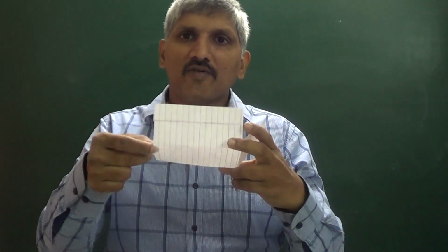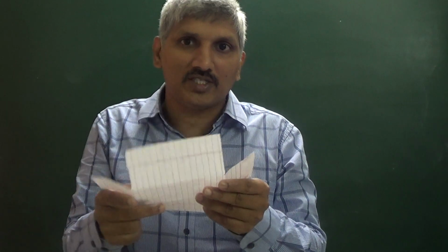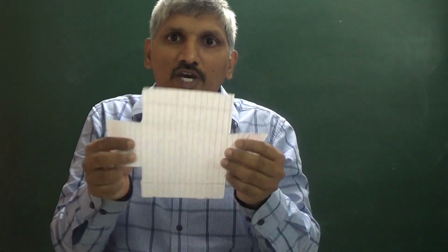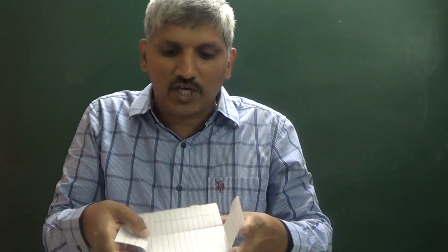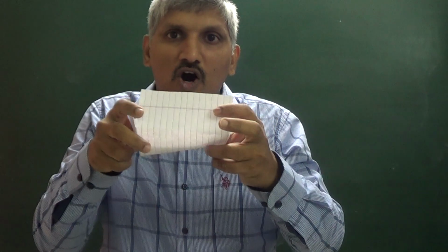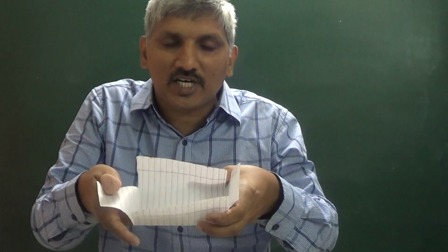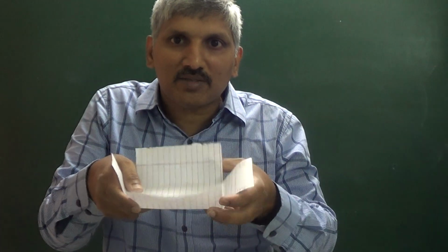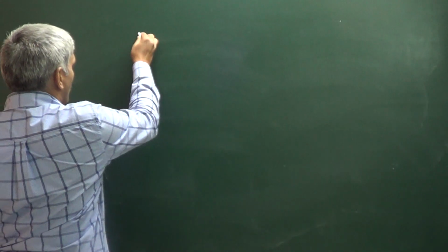So total, because this is an 18 centimeters square piece, it is made into this, and this is the total length. That only we folded like this. Now can you tell me what is the length of this box? This side x centimeters gone, this side x centimeters gone. So the length of the box is equal to 18 minus 2x.